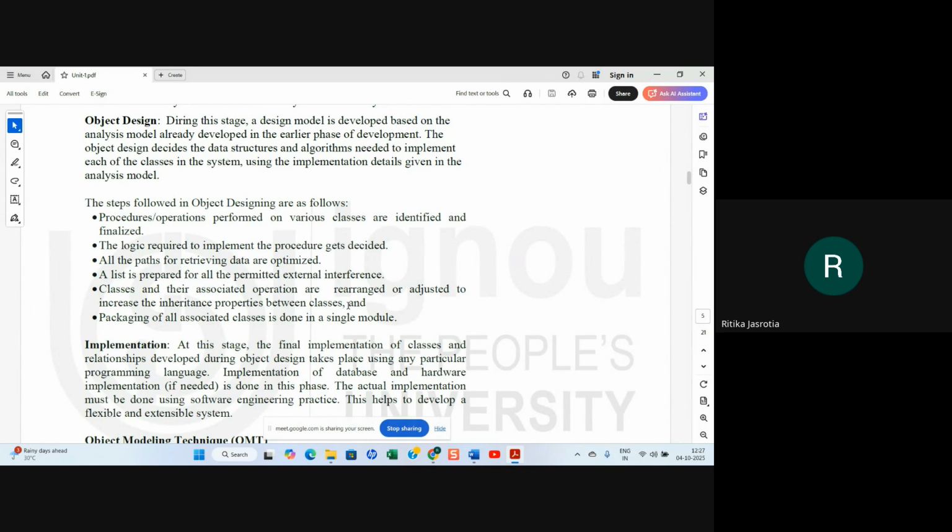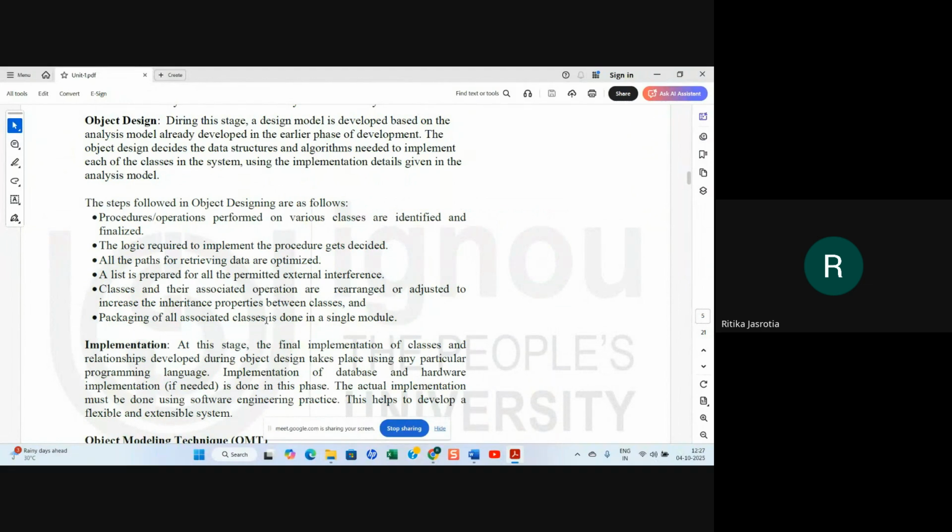So here you will also check if you have multiple classes and if you can use inheritance. Inheritance is a concept where there is a parent class and a child class, and the child is inheriting from the parent. So it can have the same properties or methods which are there in the parent class. You can access them in the child class also. So you can see if you can implement inheritance, and you can arrange your classes according to that.